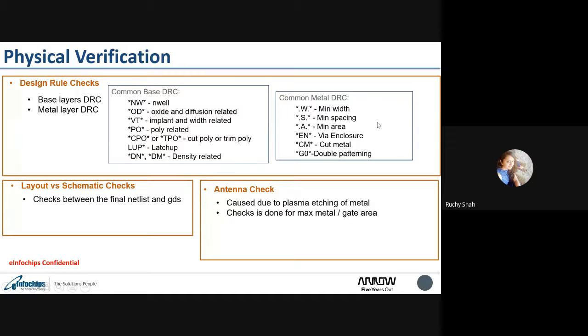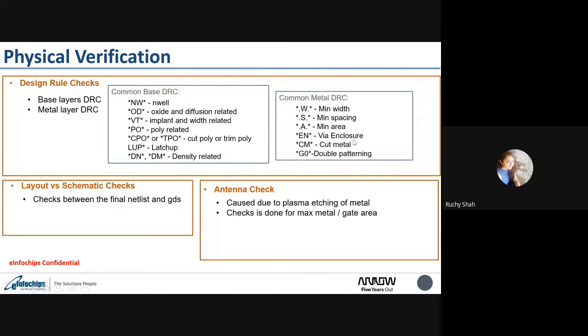Coming to the metal DRC, the main DRC here is minimum width. As per our node, every metal has a minimum width below which we cannot draw. If it is not drawn to the minimum width, then it will come as a minimum width violation. Then there are minimum spacing, minimum area, and via enclosure.